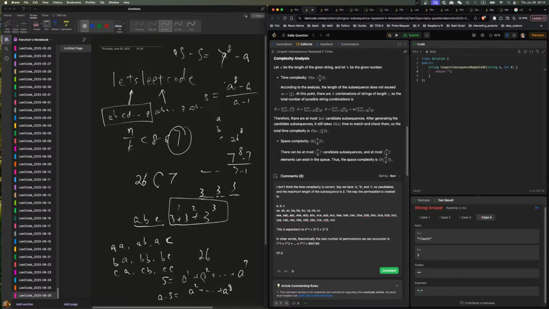Of course, in reality, not all the permutations get to continue, so we don't have to go through all of them. But I don't think